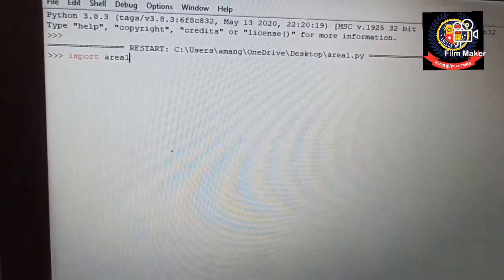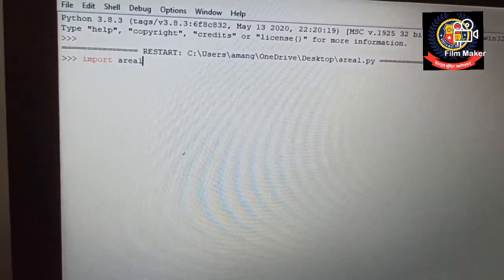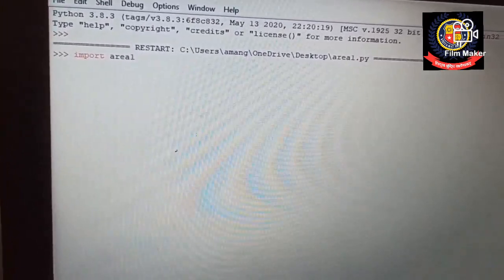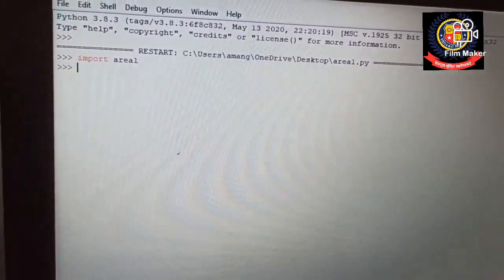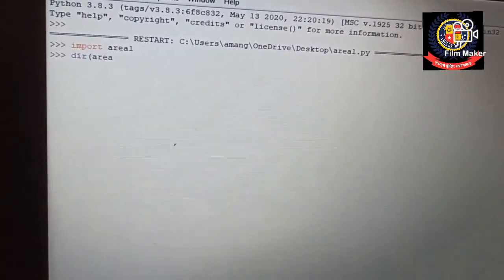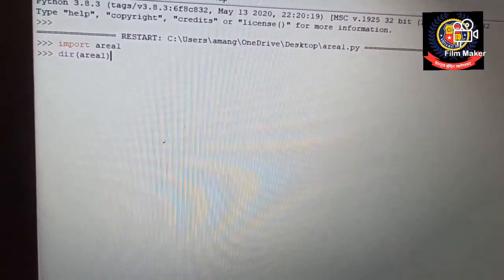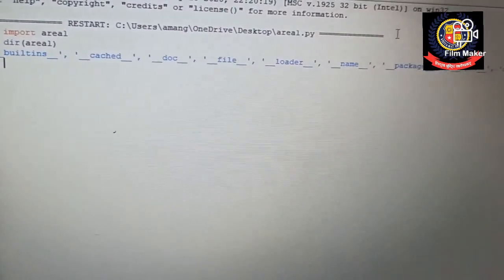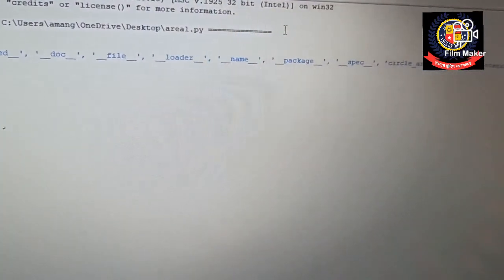By using this import command I have imported that particular module that I have created. Now if I want to access the objects, I have to use the built-in function dir, and then specify the name of the module, that is area1. So I'm getting all the names available in that particular module.